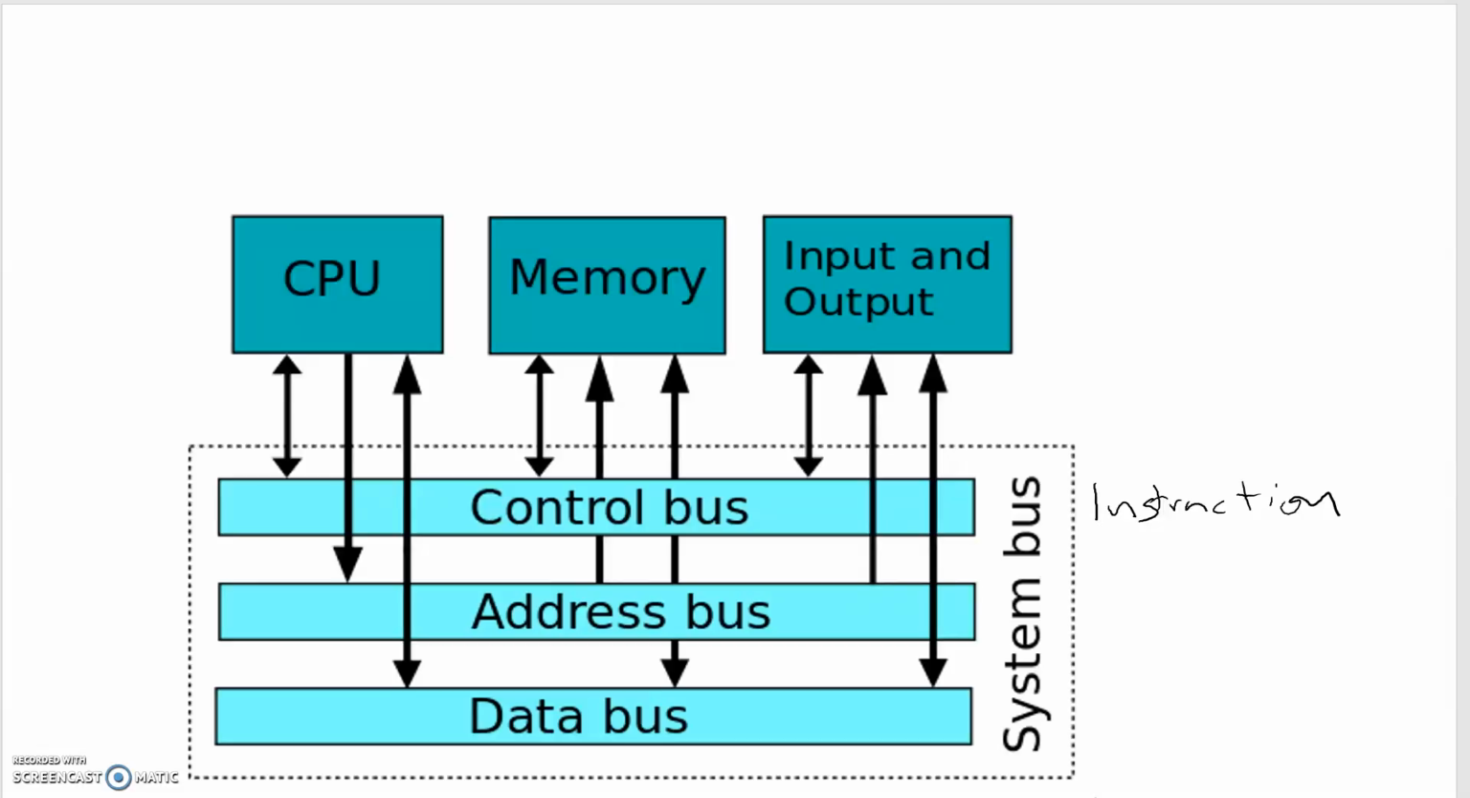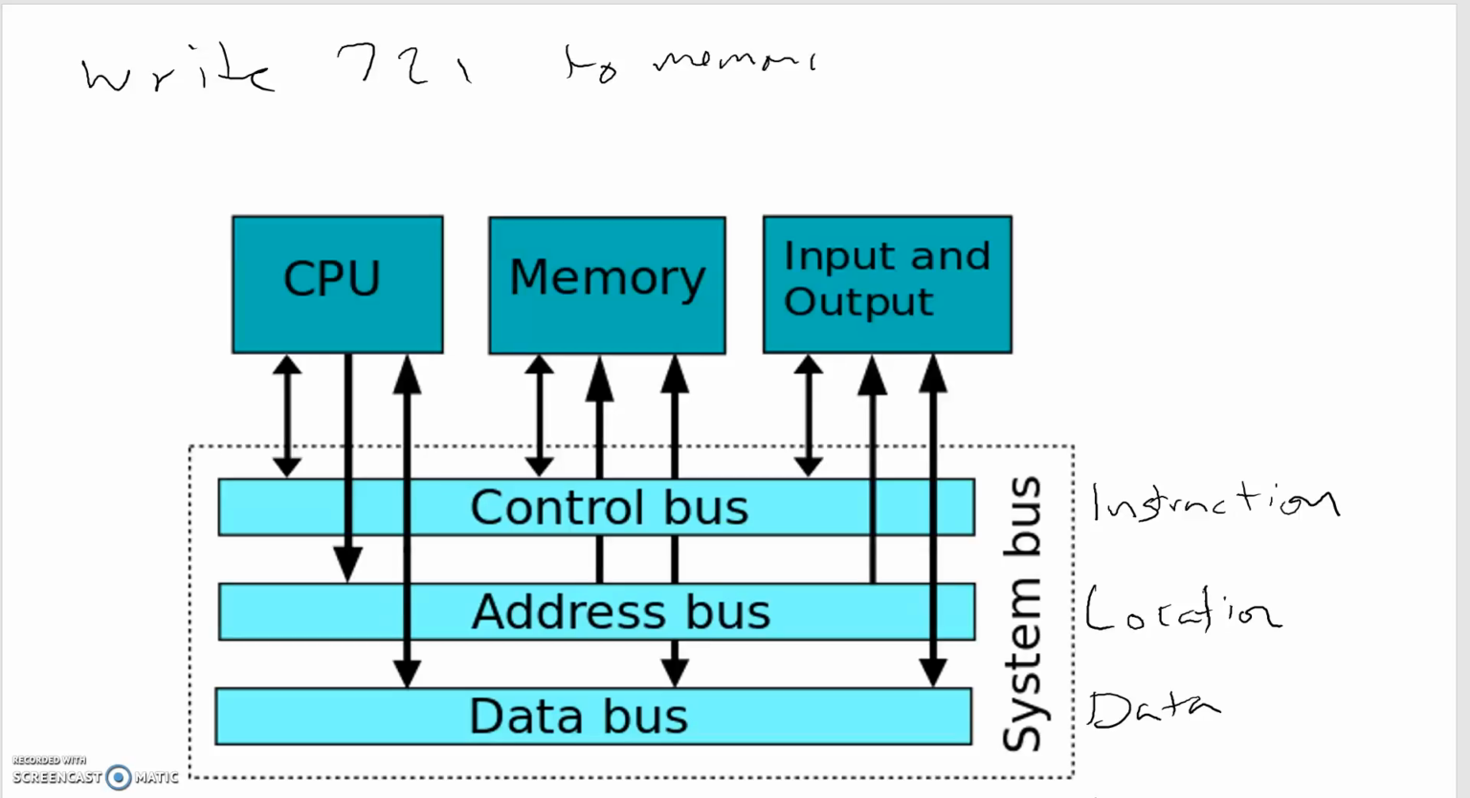So what needs to be done? The address bus sends a location like this, and the data bus sends data. So if the CPU wanted to write, I don't know, 721 to memory location